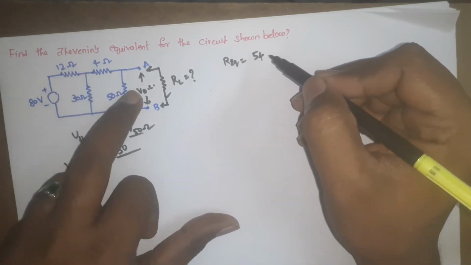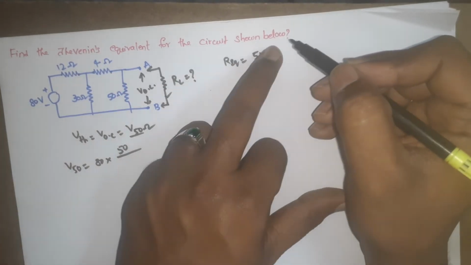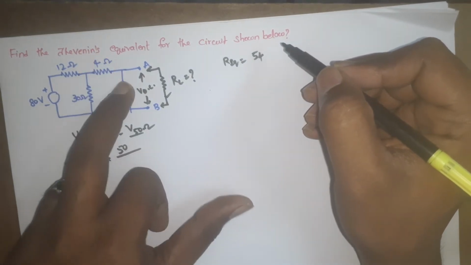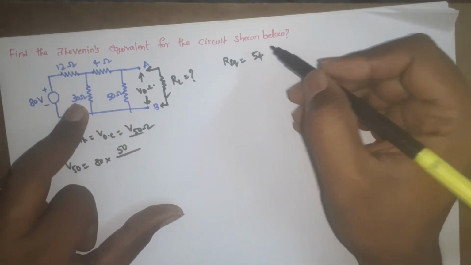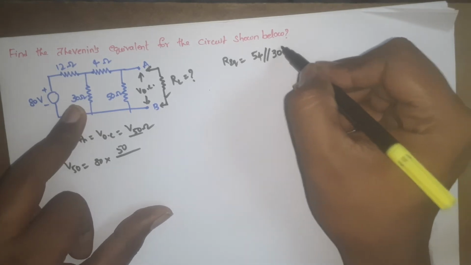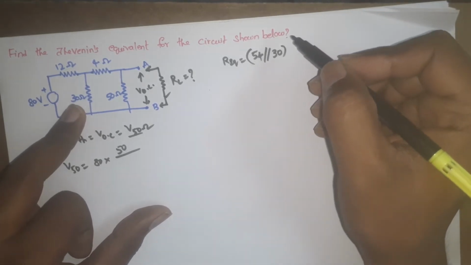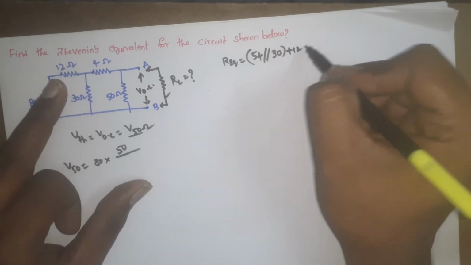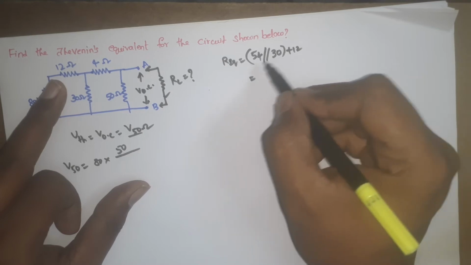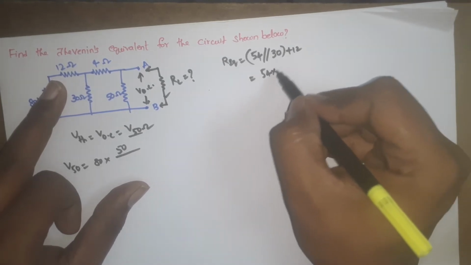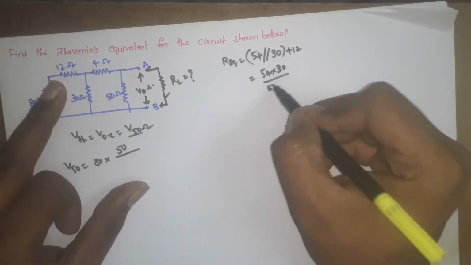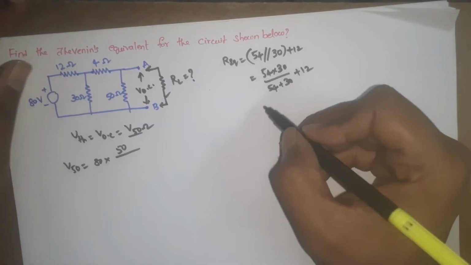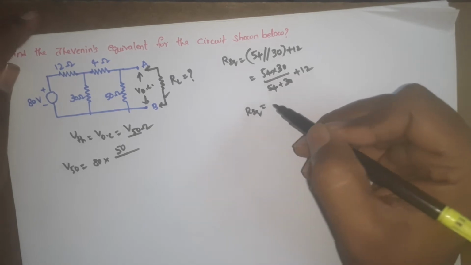Because these two are in series, we sum them, and this 54 ohm resistance is connected in parallel with this 30 ohm. So we can write 54 parallel with 30 and then in series with this 12, so plus 12. What is the formula for parallel connections? 54 into 30 divided by 54 plus 30, plus 12. After finding this, what should be the value? R equivalent is